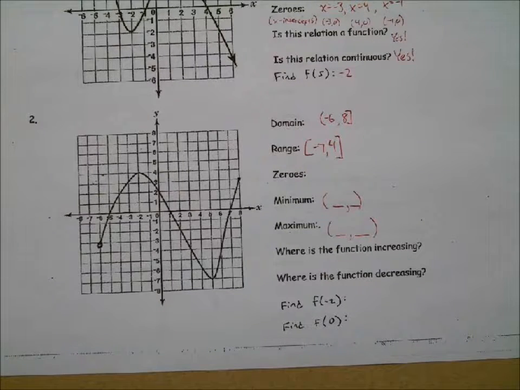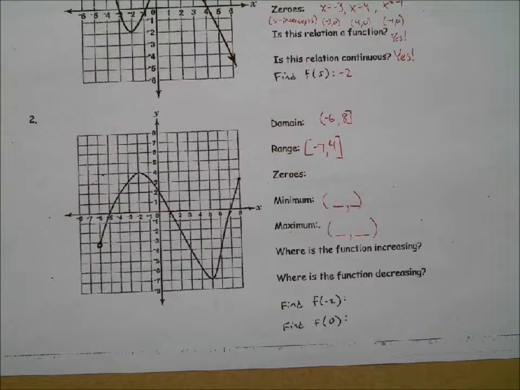Okay, so the zeros. Zeros occur when the graph crosses the x-axis. So what's one? x equals 1. That's one of them. What's another one? x equals -5. And then x equals 7 is another one. So you want to list all three of those: x equals -5, x equals 1, x equals 7. But don't put them in interval notation. Do x equals, x equals 1, x equals 7.